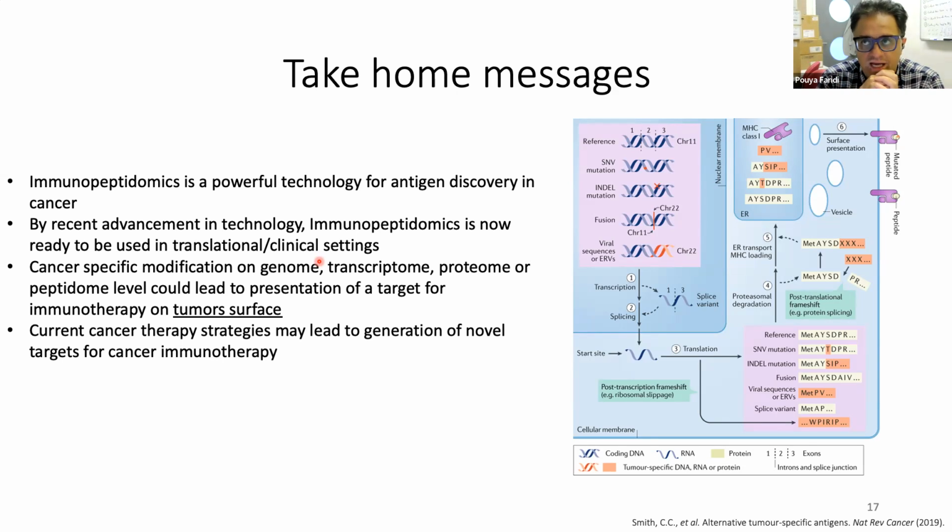The main challenge in drug discovery is that we cannot target intracellular proteins, but we don't have this problem here. So if you have something in mind, a particular mutation or gene fusion or RNA splicing or endogenous retrovirus present in a particular type of cancer, that could be a target for T-cell therapy. The other thing is that we and others found that different treatments, like radiotherapy or HDAC inhibitors, induce expression of particular genes which are silent in normal situations. Again, peptides derived from those genes could be a target for cancer immunotherapy.